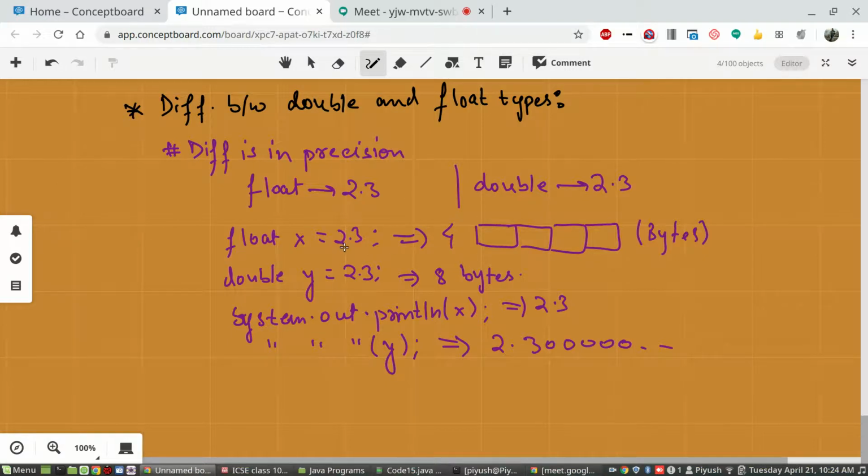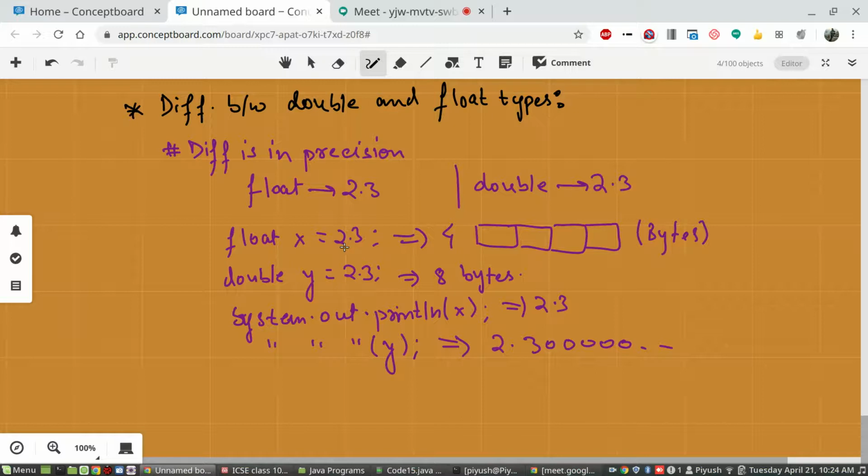So until and unless you really need answers correct to 5, 7, 10 decimal places, and the degree of precision matters for your program, which should not matter at this learning stage, you are not going to use double, because your program will consume more space.